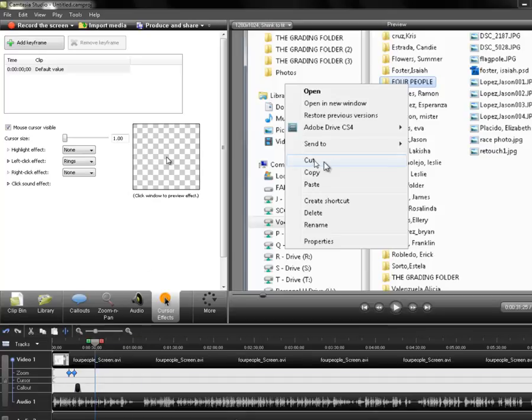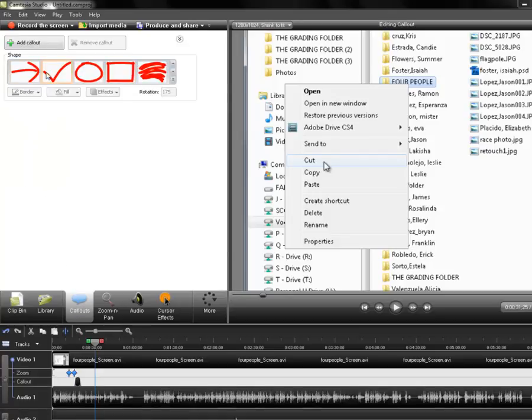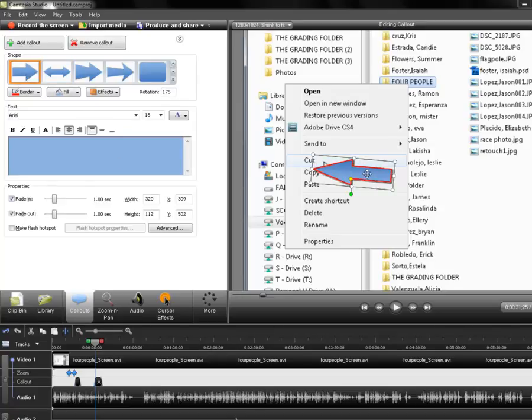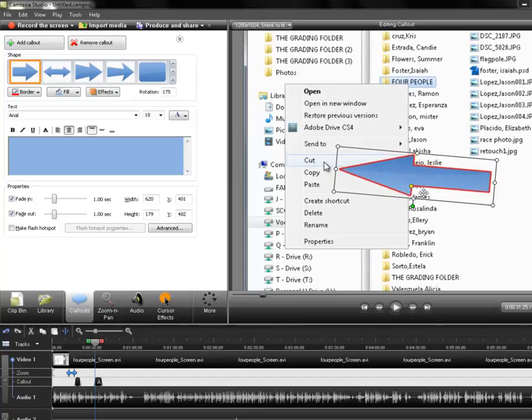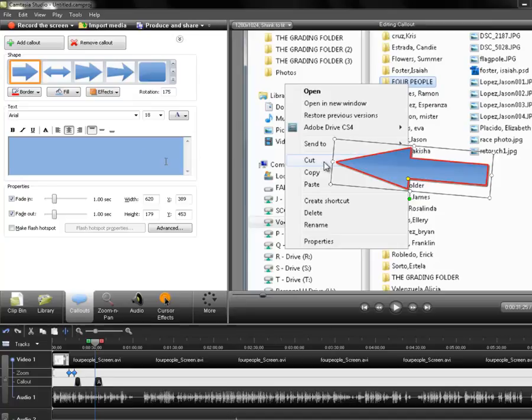And then I just went in and I said, please don't choose cut. So maybe a good call out to put there would be maybe not this arrow, but maybe something like this one right here. And the reason why these arrows are cool is because we can stretch them out, make them any size we want. But more importantly, we can type inside of them. So we could say, don't